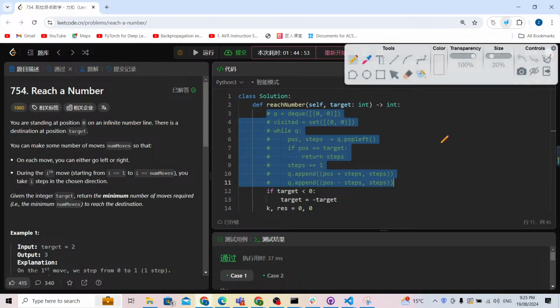The problem is that we are starting from a position. This dot is going to be 0. We can move to the left side or to the right side. But for the first step, we can move one step. So for example, we can